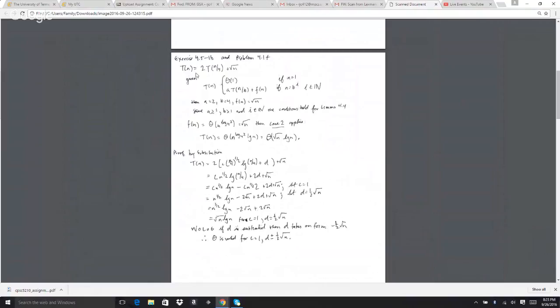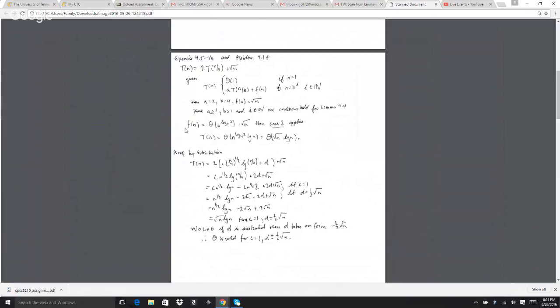Again, the functional form T of n is 1 if n is equal to 1, and the form aT of n divided by b plus f of n if n is equal to b to the I, where I is an element of the natural numbers. So in this form, again, a is equal to 2, b is equal to 4, f of n is equal to the square root of n. And again, we have to validate the assumption. So a is greater than or equal to 1, that works. b greater than 1. That works. And I again falls in natural numbers. So this holds for the lemma